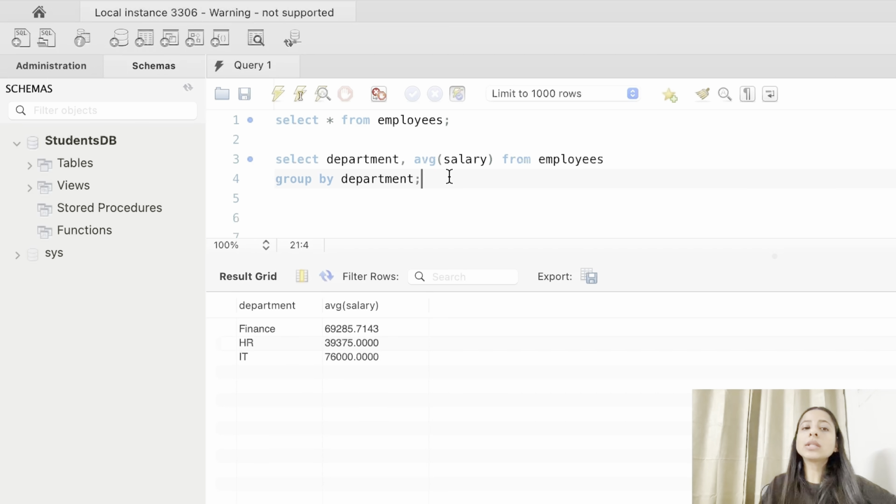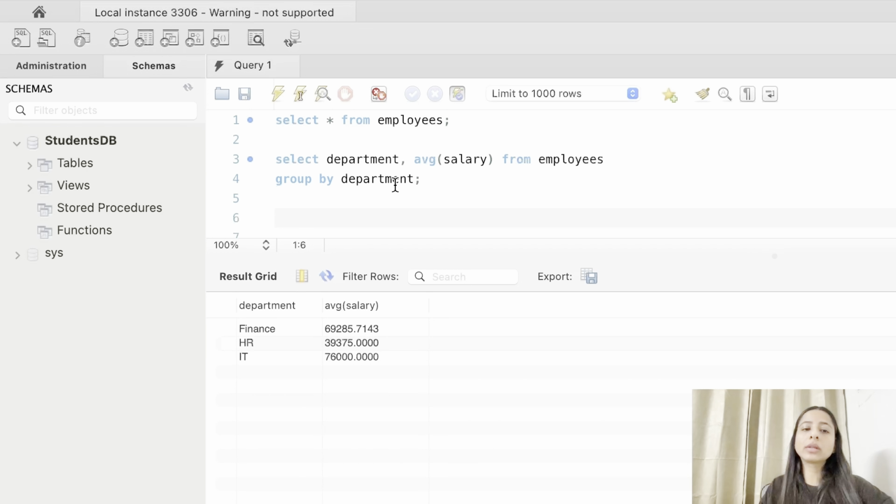Okay. Now let's say we don't want to lose the detail of the table, but we also want the average salary. So what we can do is use the aggregate function and combine it with the window function by using the over clause.